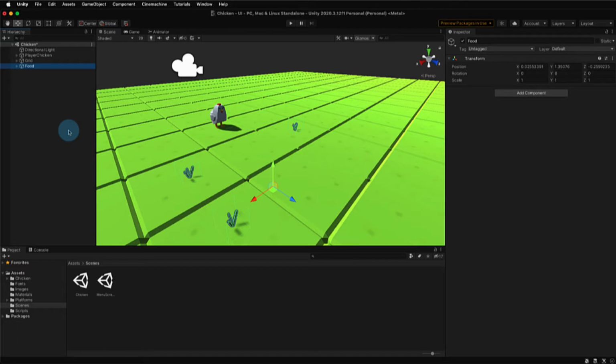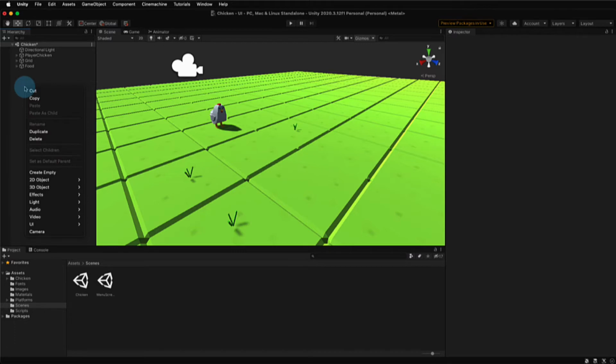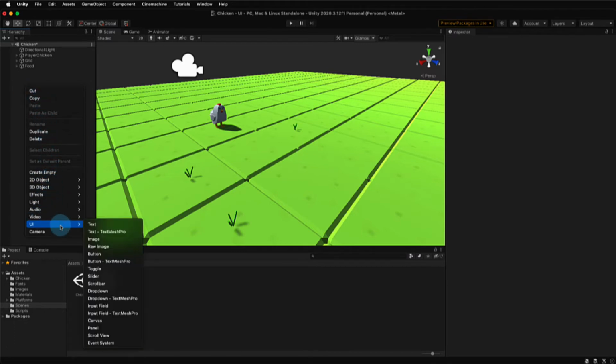A heads-up display is basically an overlay. It's like text and different types of visuals that go on top of whatever you see in the gameplay. So we're going to add that. It's a two-dimensional element, but it's also in the UI system, and we're going to add it directly to our game scene. So to do that, first I'm going to right-click over here, and I'm going to add a new